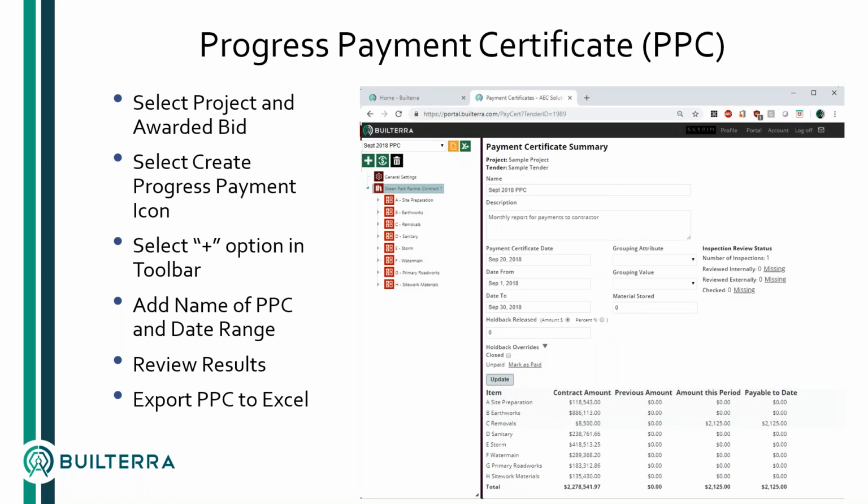So when you create the progress certificate, in this case September, it will show you the number of inspections, what's missing for approval. So if you've sent it out for an external review to a contractor, or the supervisor hasn't checked it, or the inspector hasn't checked it, then this will show up and you'll see that there's something missing. You can drill into the